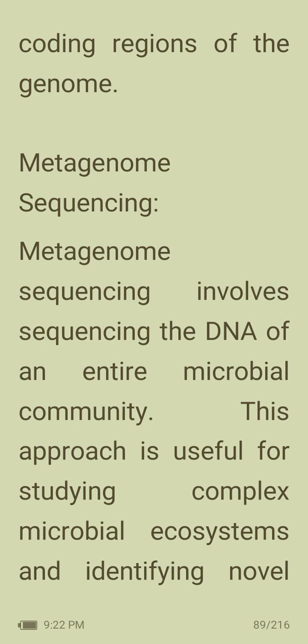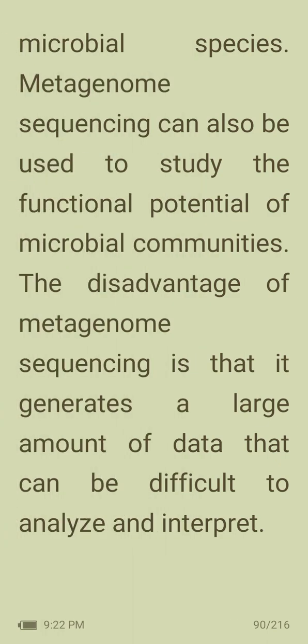Then metagenome sequencing. Metagenome sequencing involves sequencing the DNA of an entire microbial community. This approach is useful for studying complex microbial ecosystems and identifying novel microbial species. So, metagenome sequencing can also be used to study the functional potential of microbial communities. The disadvantage of metagenome sequencing is that it generates a large amount of data that can be difficult to analyze